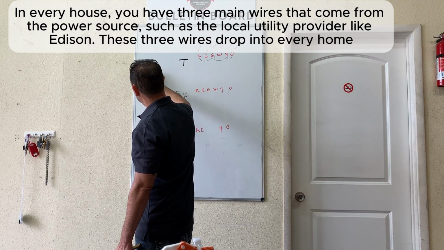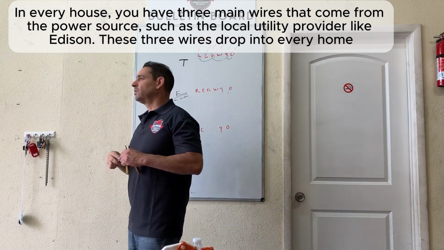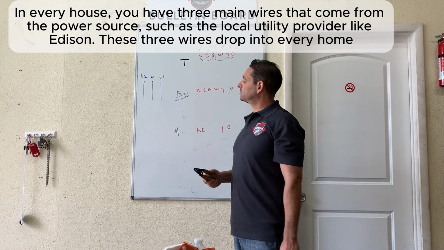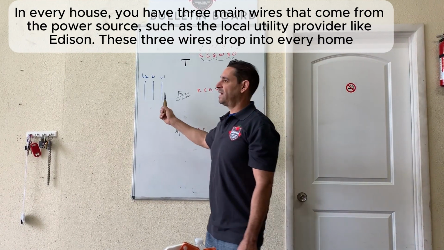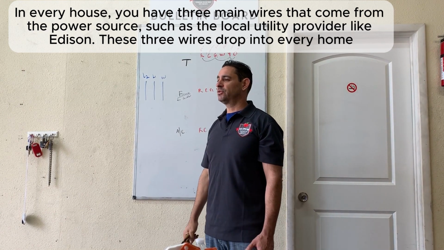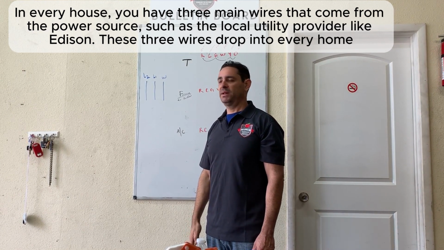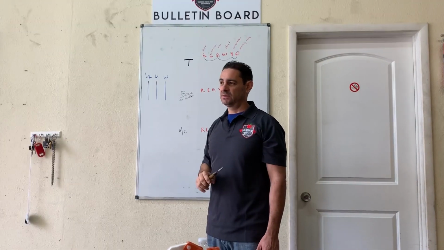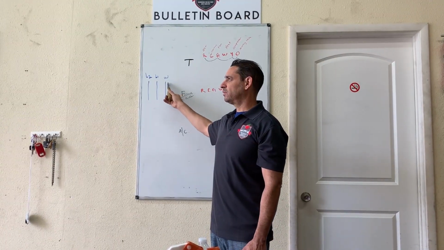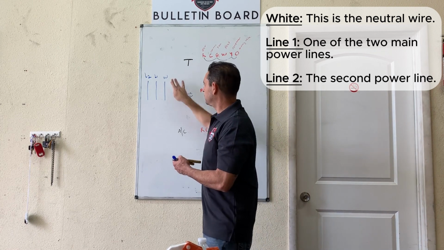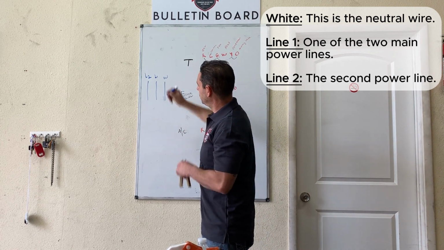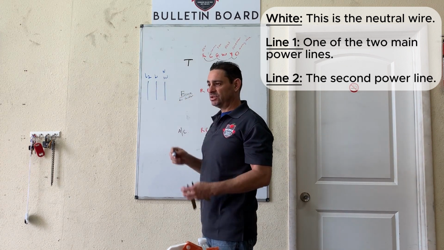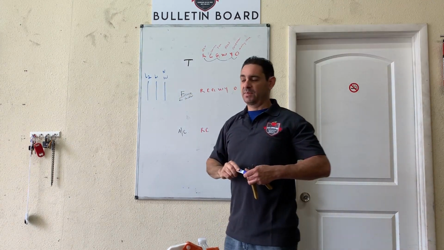Line 1, line 2. So in every house, you always have the feed that comes from Edison or the power company. You always have 3 wires that drop into every single house. You have a white wire, which is a neutral. This one we call neutral. This is line 1 and this is line 2. That's how we get